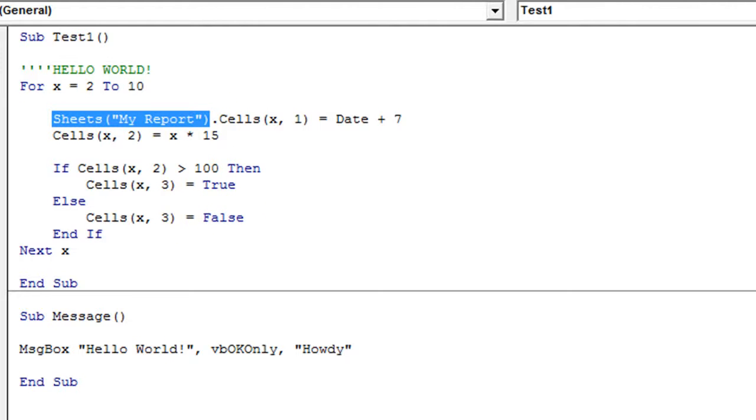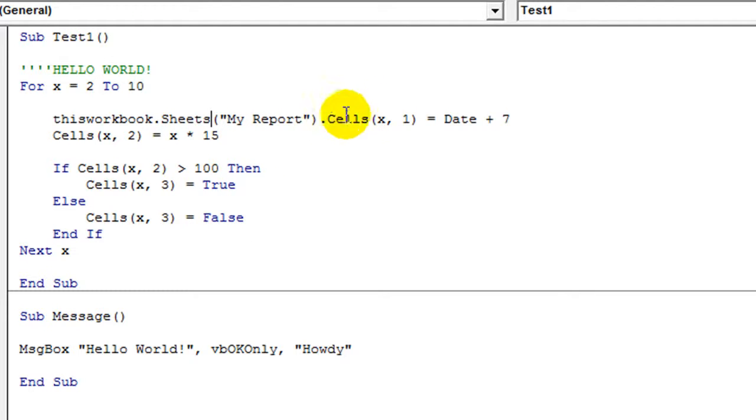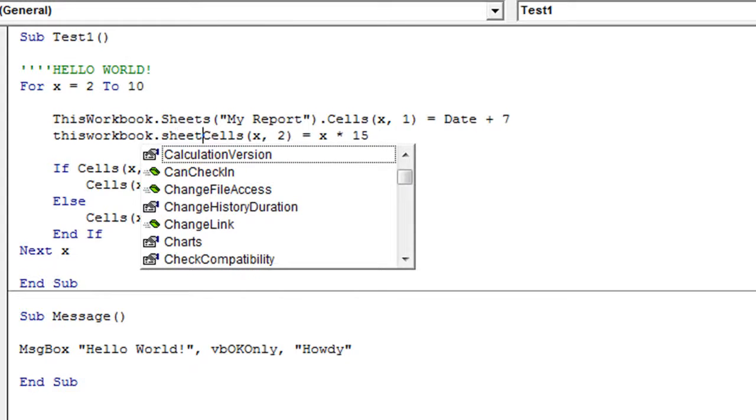If you have several workbooks open, you accidentally click on the other one and you run the macro, it might write over what you have on your second workbook with that macro. So I take an additional precaution. You probably don't have to do this. I say ThisWorkbook.Sheets("My Report").Cells blah blah blah, and I'll do that a few more times. I'll probably end up copying and pasting ThisWorkbook.Sheets